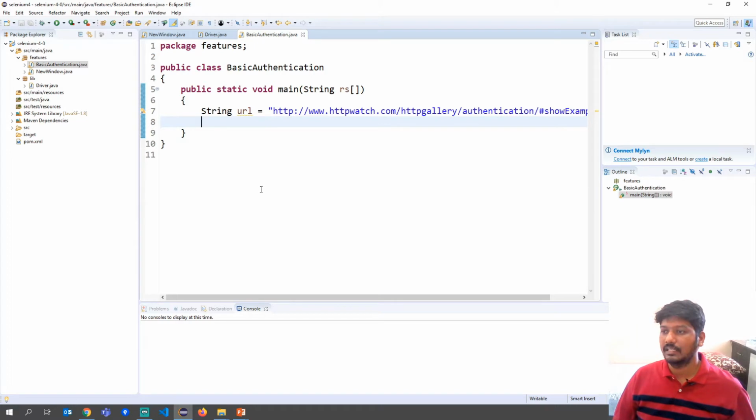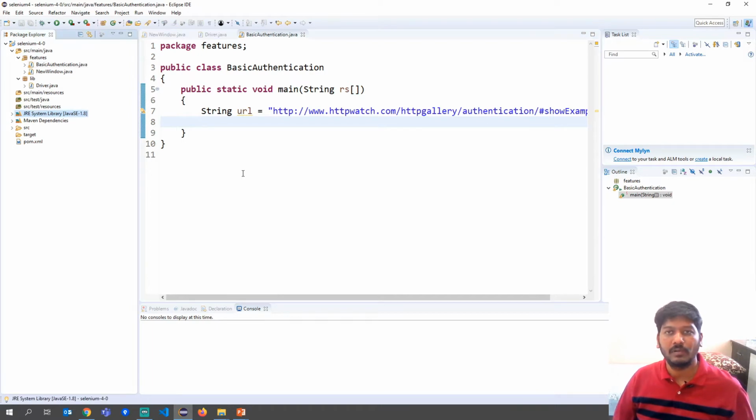And remember one thing, if you want to work on this, you may have to work with Java 8 version. So I have modified from 1.5 to 1.8. If you are already on 1.8, there is no problem for you. But if you want to know how to switch between 1.5 to 1.8, please click on the link shown in the icon where it will show how to do that. So let's get back.